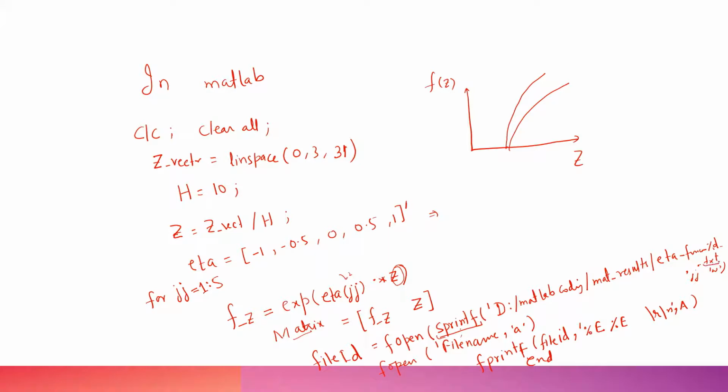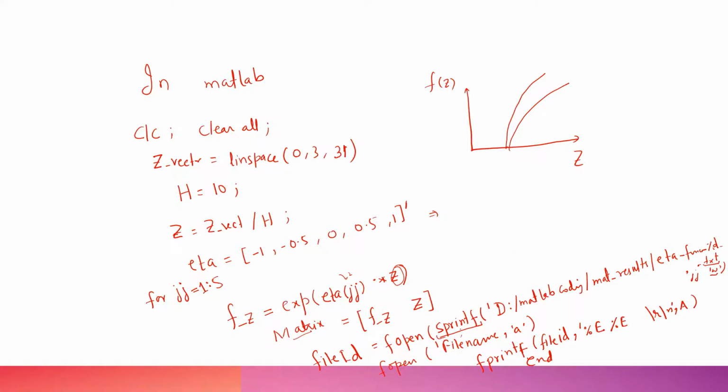Its extension is .txt file. And this is w. W is used for overwriting, so that if you run it again and again, it will just overwrite the same file. It will just write the results again. Comma jj, we are writing that for each value of jj. So the first value of jj, it will store the first value corresponding to jj equals 2. The second value would be stored, then the third, and so on. So it will store in this fashion.